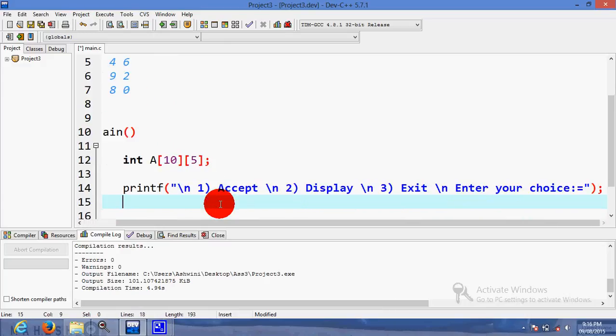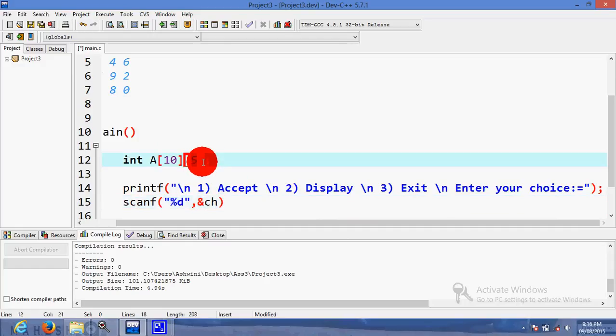Okay. Now we have to accept the choice from the user. So using scanf we can accept the choice, %d for integer number, ampersand suppose ch.